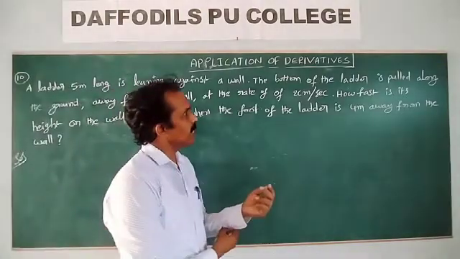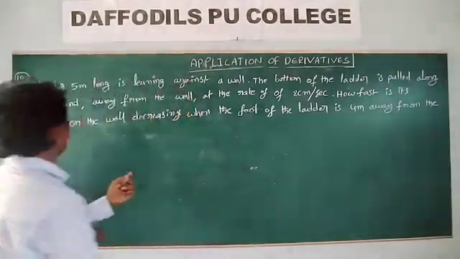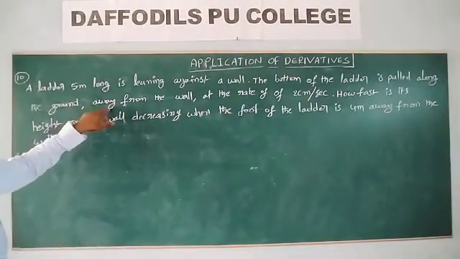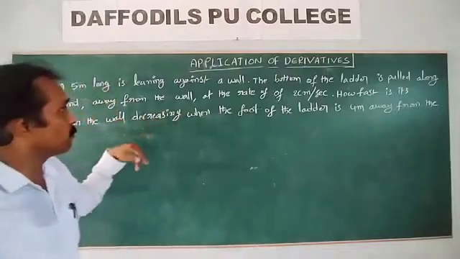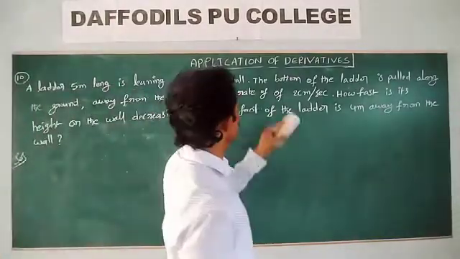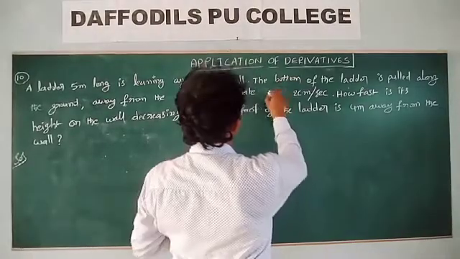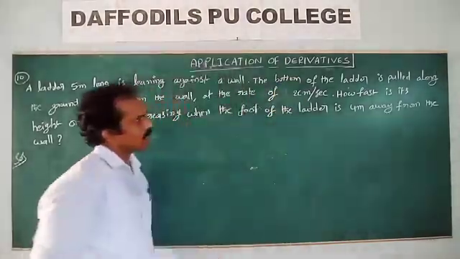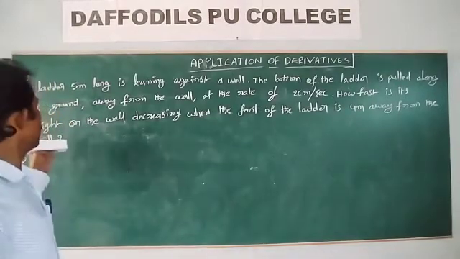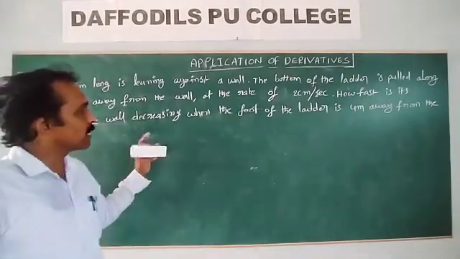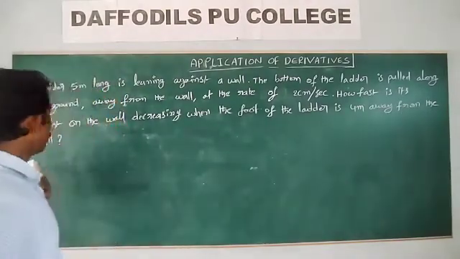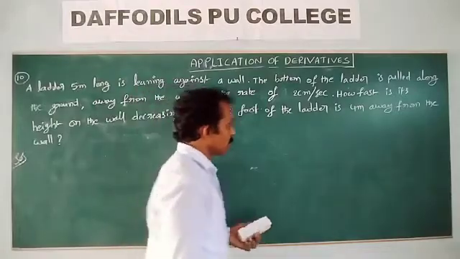The bottom of the ladder is pulled along the ground away from the wall at the rate of 2 centimeter per second. How fast is its height on the wall decreasing when the foot of the ladder is 4 meter away from the wall? So first of all, given